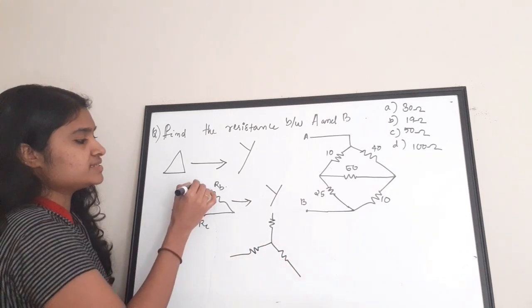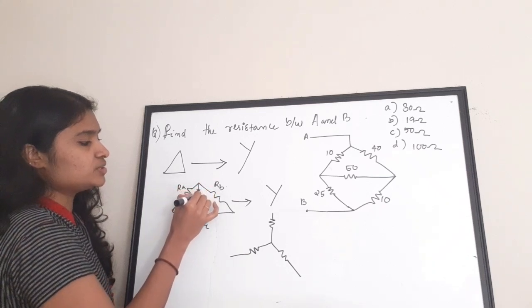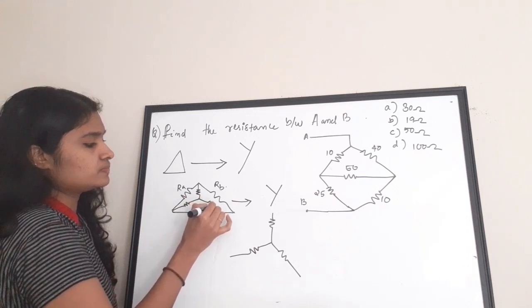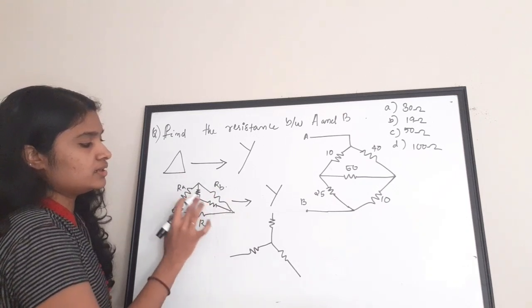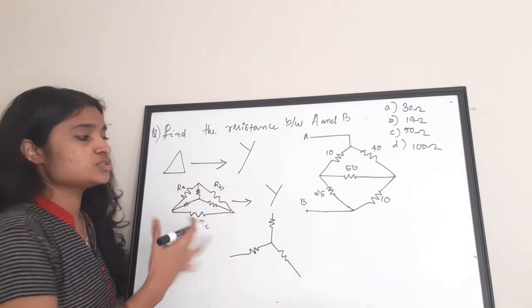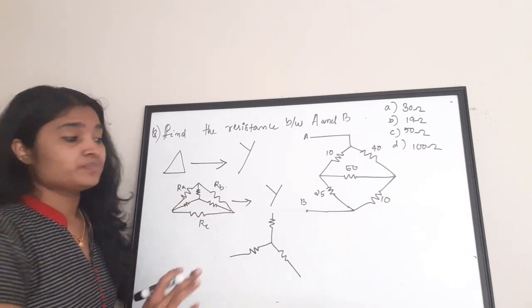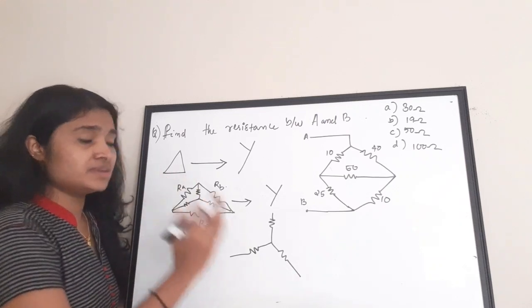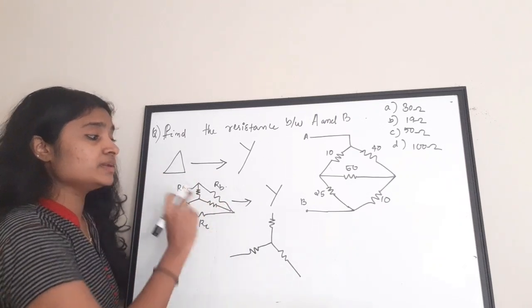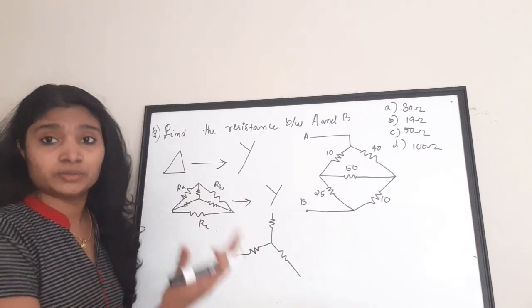Inside, if you draw the Y, it will come like this. So the inner 3 resistors form a Y connection. The outer 3 resistors form a delta connection. The summary is that if you have a delta connected network,